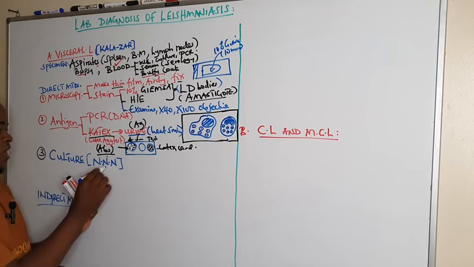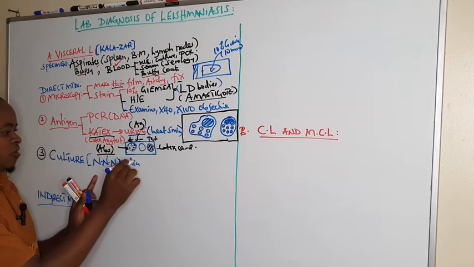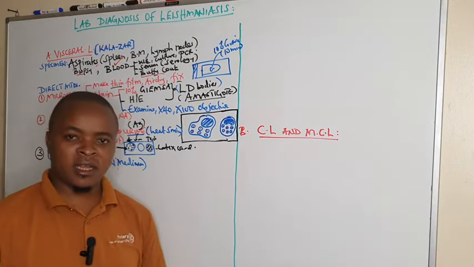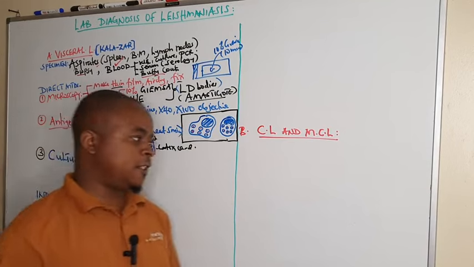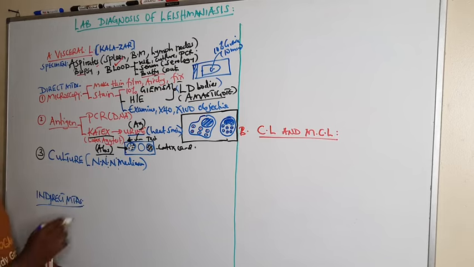This is the one which we are using. This is the media of choice for culturing these Leishmania donovani species. This NNN media, that is Novy-McNeal-Nicolle media,